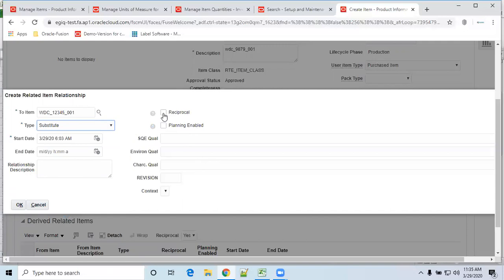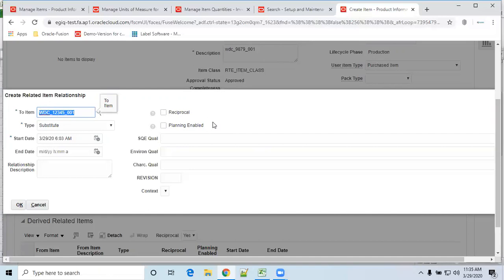Reciprocal means, for example, you ordered this item WDC 9879. While receiving, instead of this one, you can receive WDC 12345. So when you enable reciprocal, mutually you can exchange the things.